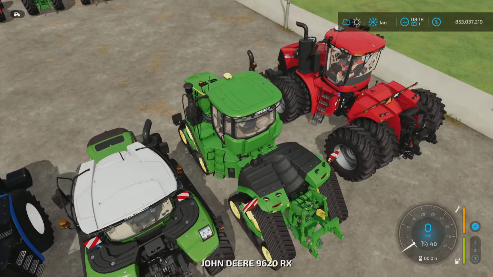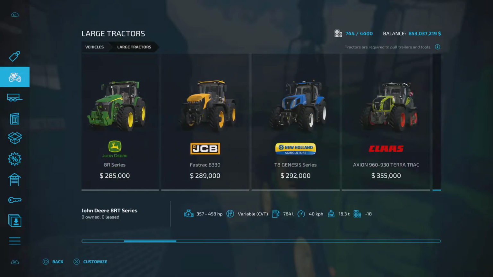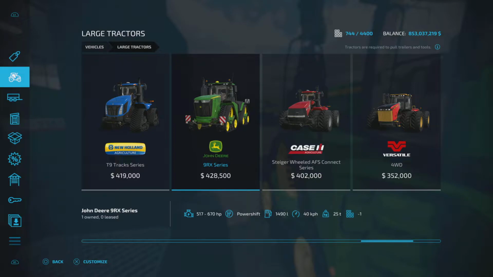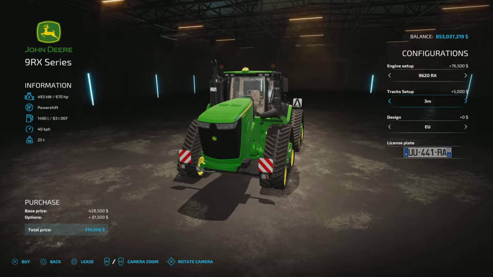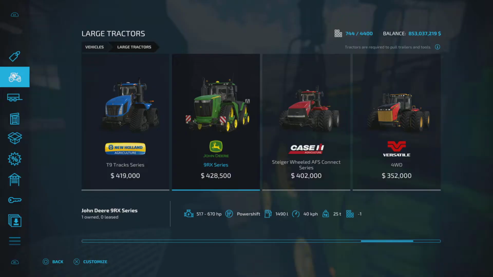It is the same, so it articulates in the middle. This one is on the higher end of the cost bracket as well. A little bit less powerful than the Case IH, but still quite up there. 670 horsepower. So this will pull every implement in the game, no problem. Same with the New Holland T9. And obviously this one has engine options up to 670, and you can also choose different track designs based on your gameplay. So wide tracks for better traction,